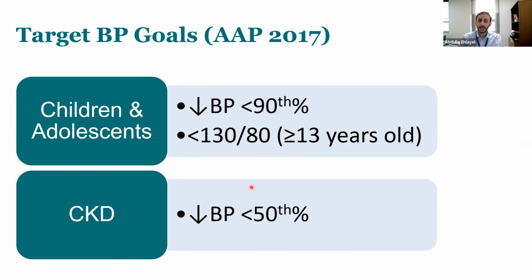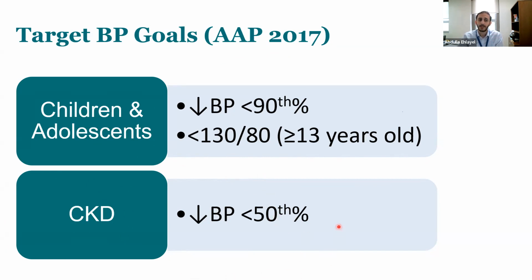If they have chronic kidney disease, we actually target a lower blood pressure. And sometimes with diabetes, the AAP guidelines do not comment on diabetes, but the European guidelines that I mentioned also suggest targeting a lower blood pressure in patients that have diabetes. Then in these patients, we know they will have kidney disease, and we know that the kidney disease gets worse if they have uncontrolled hypertension. Therefore controlling their blood pressure is very important.